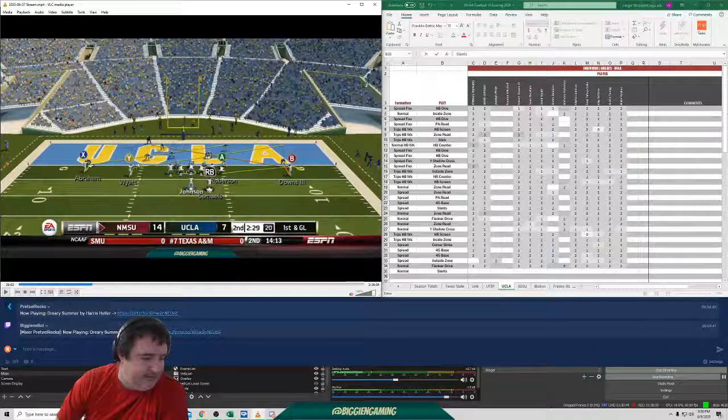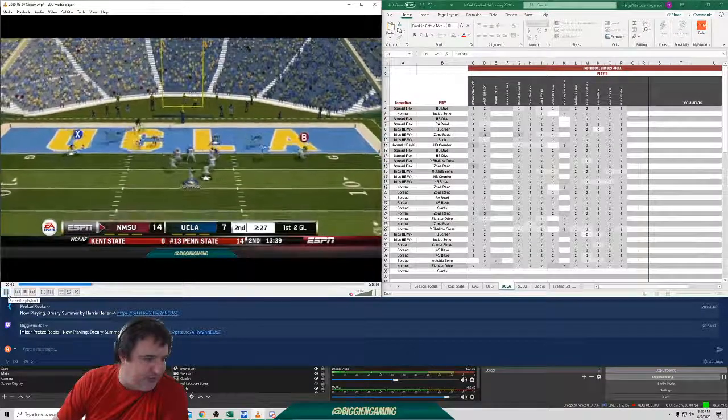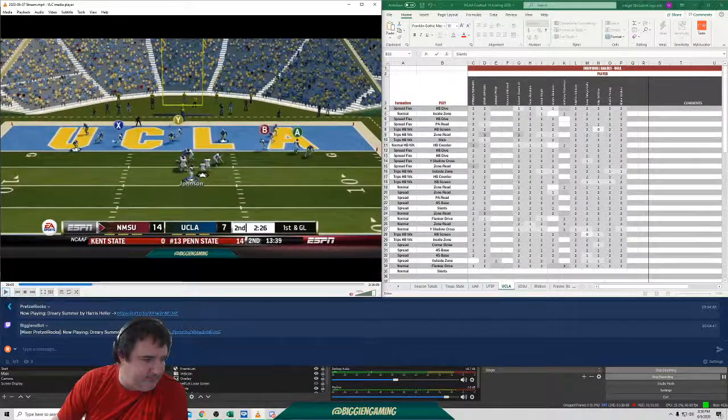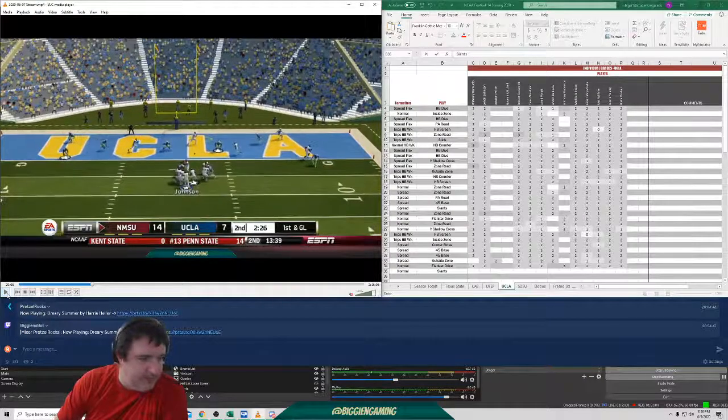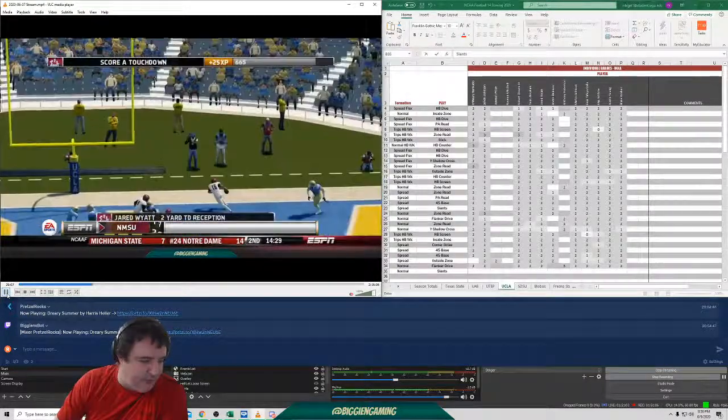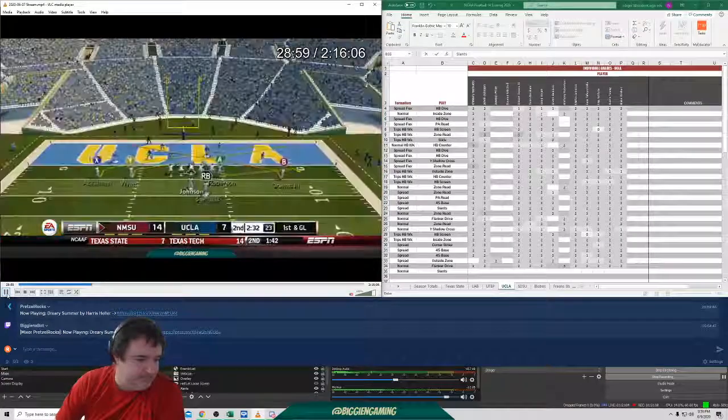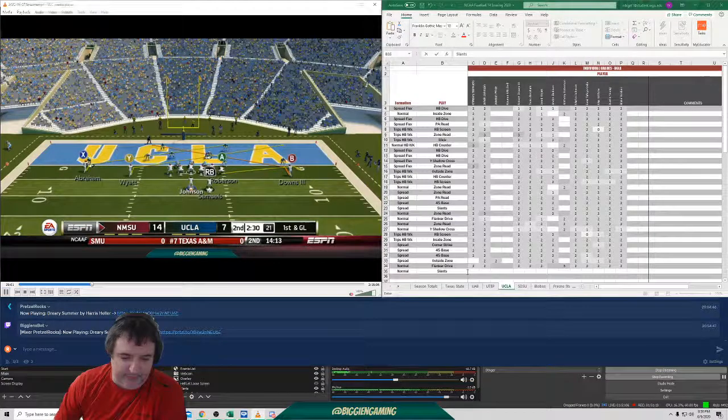This player running the slant will usually draw this guy in a little bit, opening up the window, especially against two high for Abraham. So really I should be throwing it to here, but I don't, but I still fit it in there to Wyatt for a touchdown. So it's still a good drive.